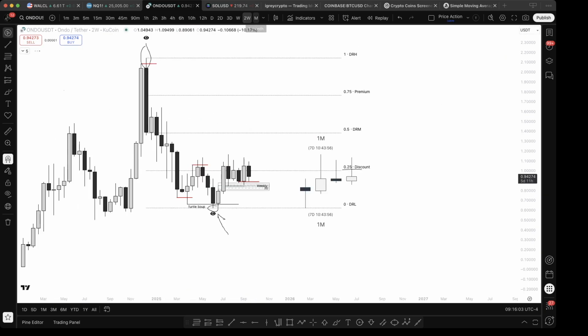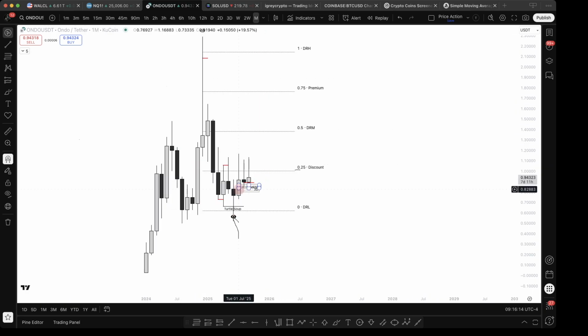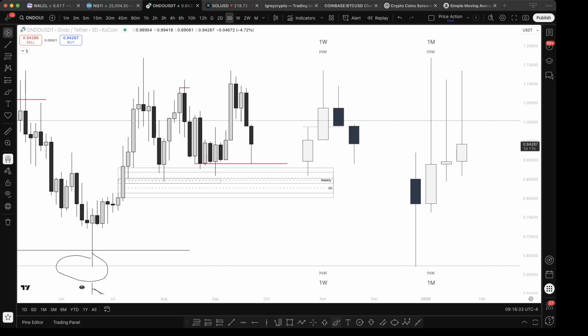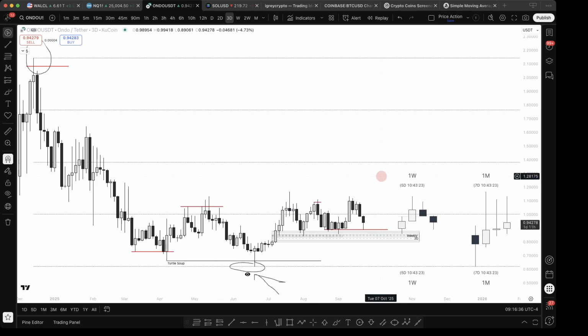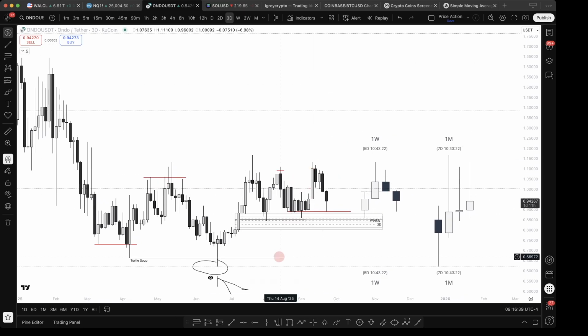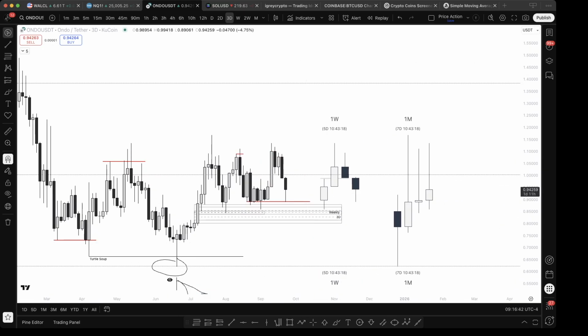Again, on the 2 week, you can see a very evident turtle soup model, sufficient liquidity taken, consolidation, and on the monthly time frame, you can see this is the up close candle. You will also notice that we are still trading within this big bullish fair value gap on the monthly time frame, which we have traded below a few times, but we're still trading within. So I have no problem with what's forming at the moment. I really have no problem with ONDO. I am happy just accumulating as it is consolidating within extreme discount and then trade it higher.